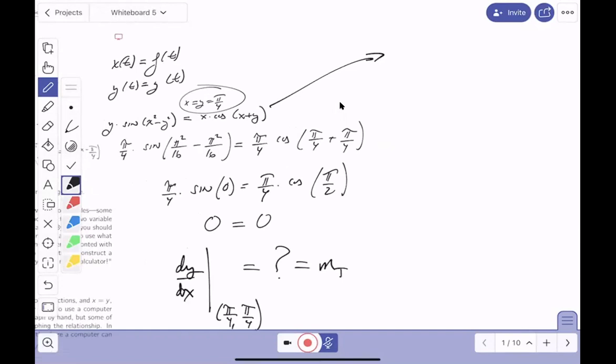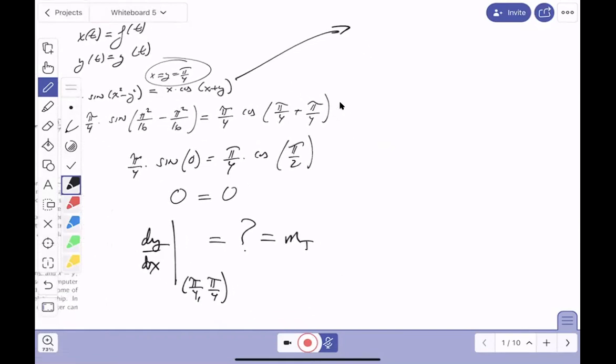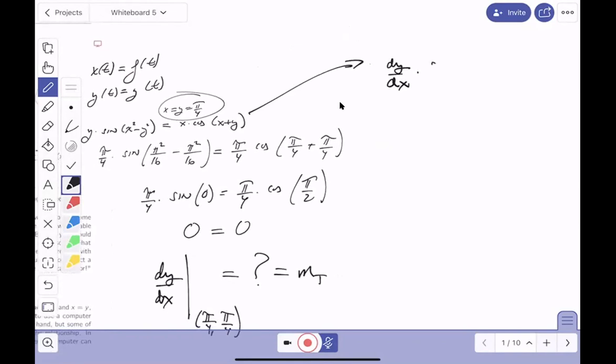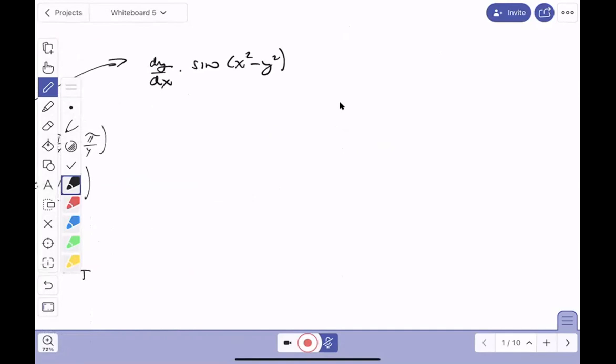How do you do that? Implicit differentiation. Let's write this down. So I'm going to say the derivative of y is dy dx. I'll write that down for you. Times the sine of x squared minus y squared. Boy, it's going to be tough. Plus,